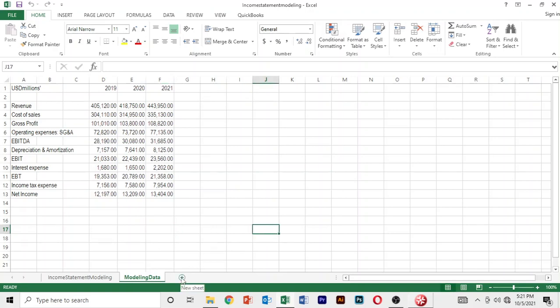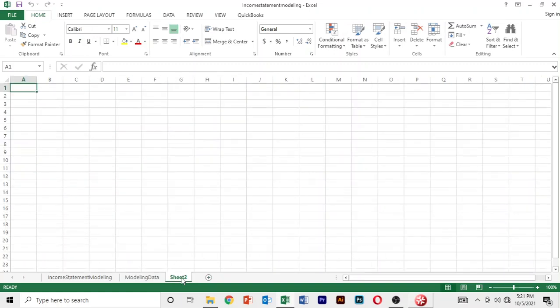Click on this plus icon here to create a new sheet. To rename it, right click and select rename, and let's rename this to income statement, right? And then let's drag this so that it's the first tab in our Excel workbook. So now that we've done this, let's